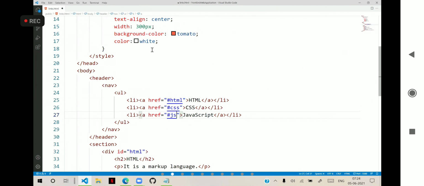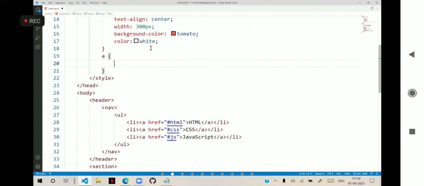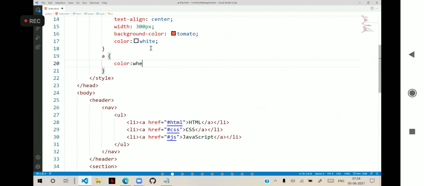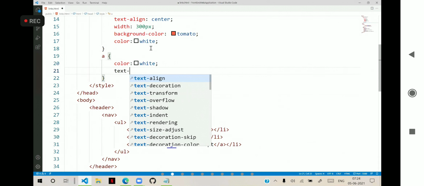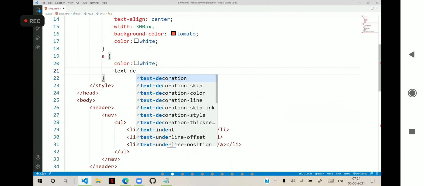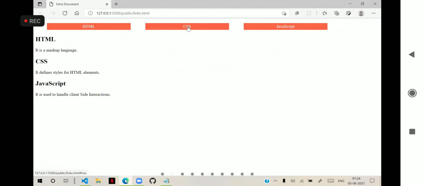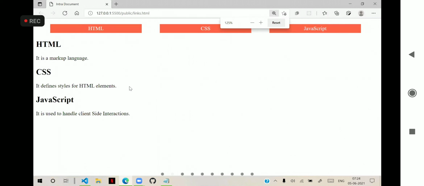For links also we will change the color: anchor color white, and text decoration none, meaning we are removing the underline. The appearance will be in this way: HTML, CSS, JavaScript.